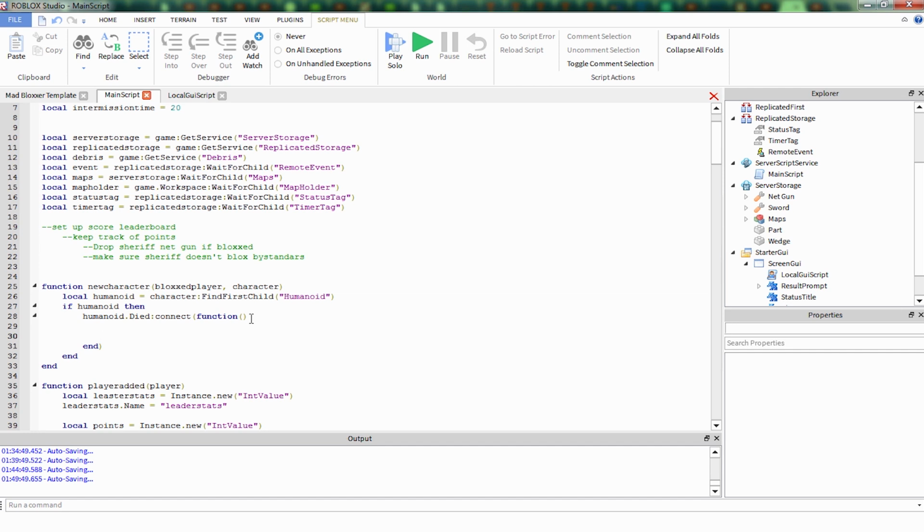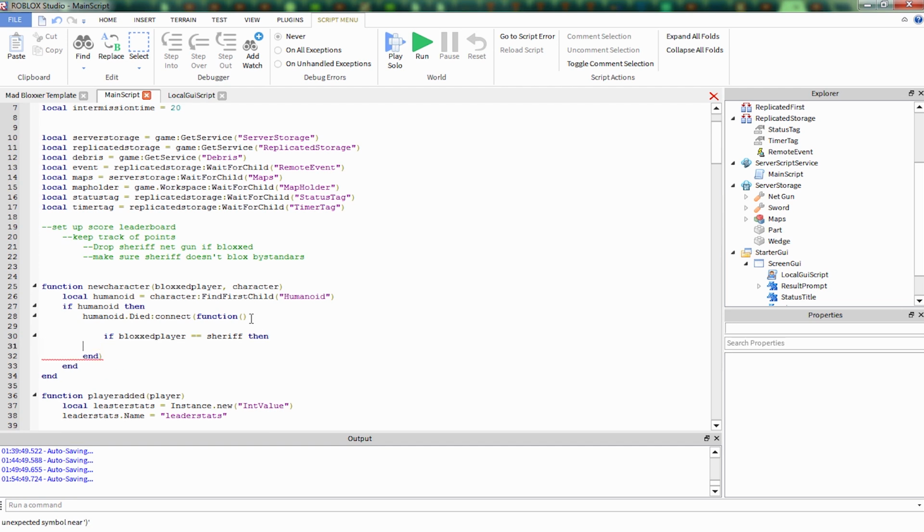So first thing we want to do is make them drop. We want to check if it's a sheriff. If it is a sheriff, we want them to unequip their tool, remove the tool, make sure it's gone, and then spawn a pickup so that someone else can pick up the sheriff's net gun. So first thing, like I said, is making sure that if Bloxxed player is equal to the sheriff, then